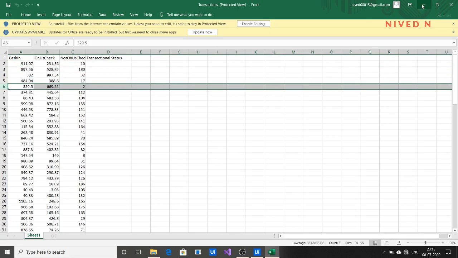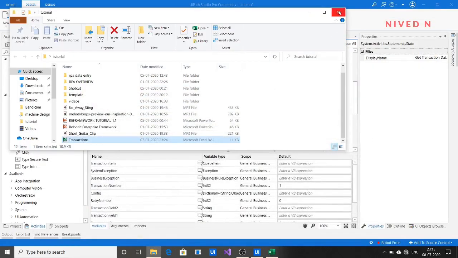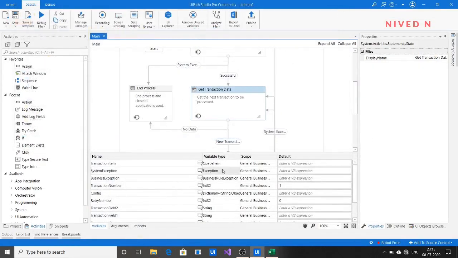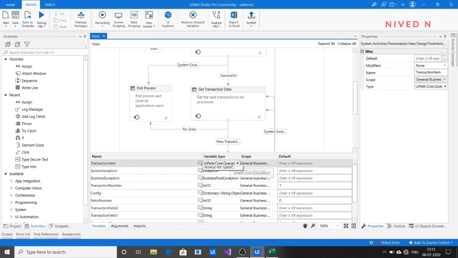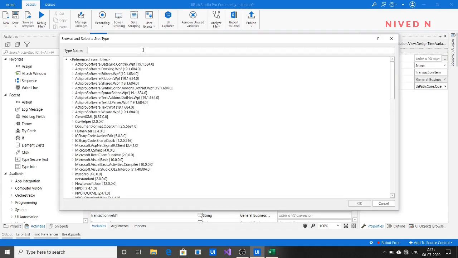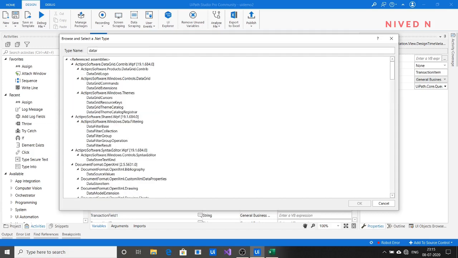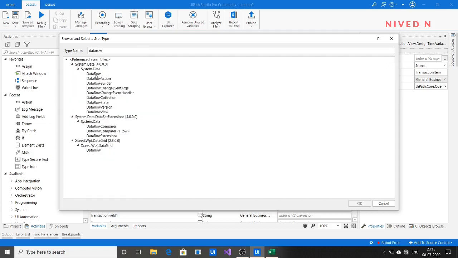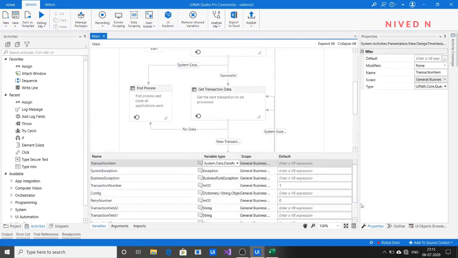So at first we have to change the variable type of the transaction item. Since it is a queue item, you have to change it to data row. Just select data row here from System.Data, click on it. Okay, so it is changed.